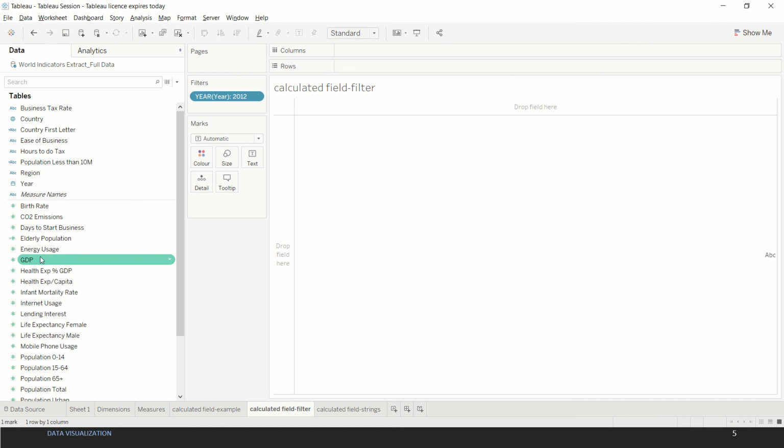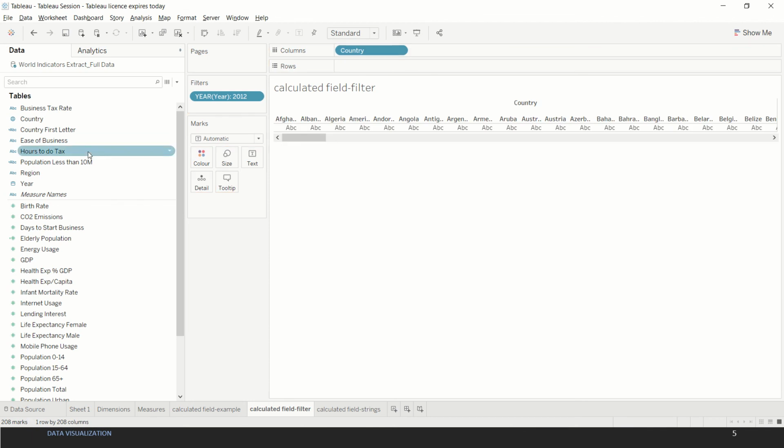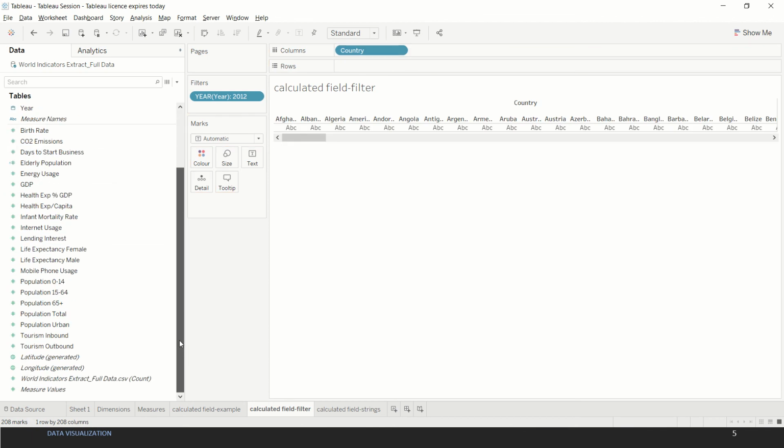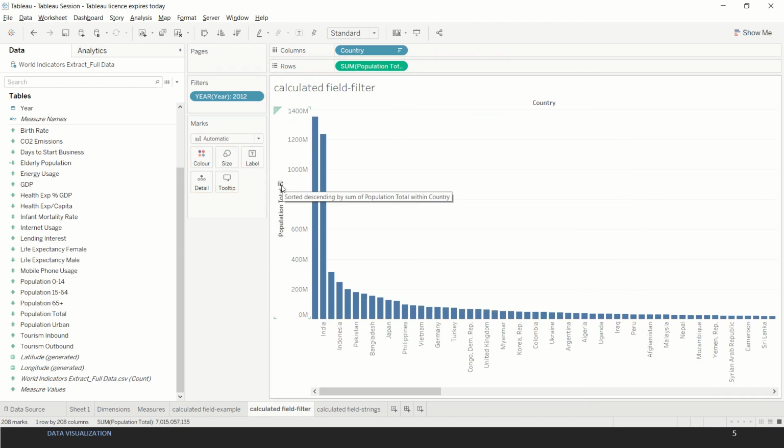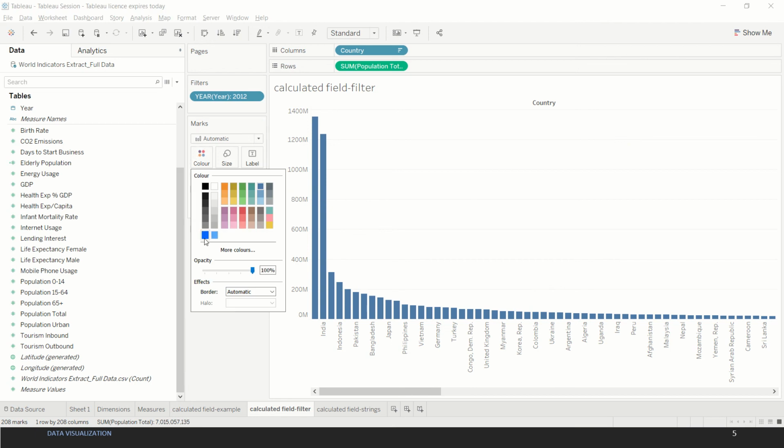Then we need the country, so we take country from here and move it to columns. And then we need total population, let's say, and we put it over here. We can filter this, and then we can change the available colors from here.